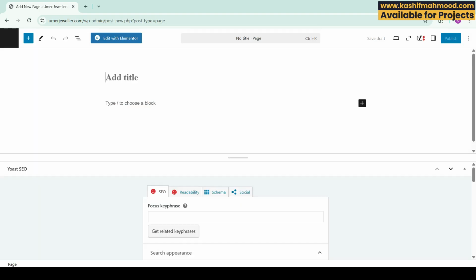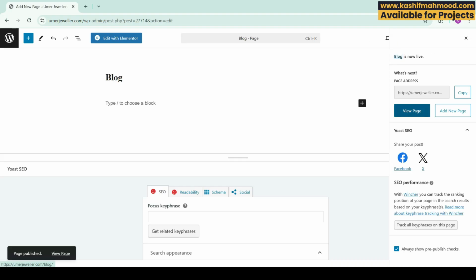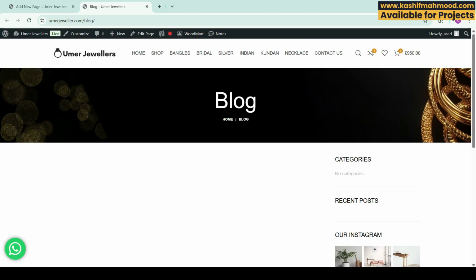so I can click on add new page, and here you need to add the page title. You can say blog or anything like articles. So just click on publish. You can click on view page. Here you can see the blog page, but you can see that it's empty,